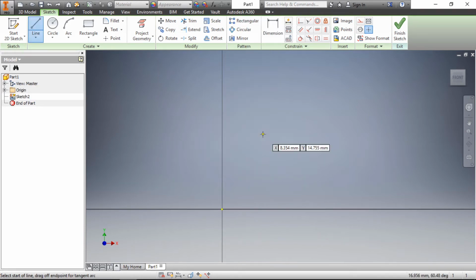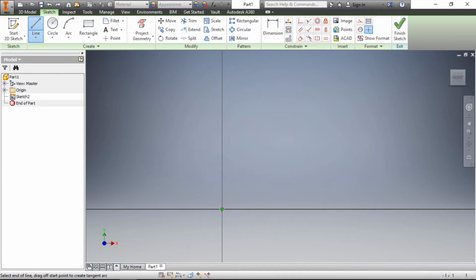Create line. Now if you move the cursor anywhere on this graphics window, then see the X and Y coordinate. This is the coordinate of the first point. If I move the cursor closer to this center, then the X and Y coordinates will decline. And if I move the cursor exactly to the center, then X and Y become 0. Here you see the coincident constraint is also highlighted. So I will select the first point on the center of this window.